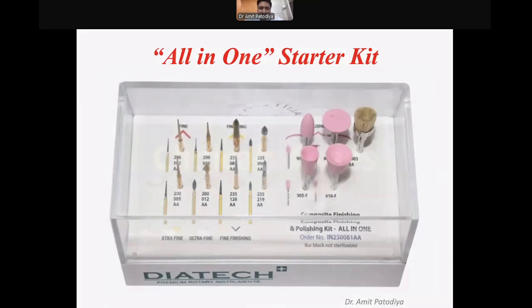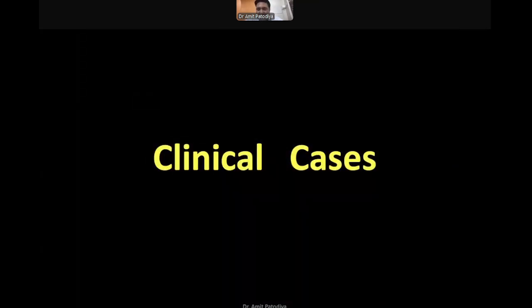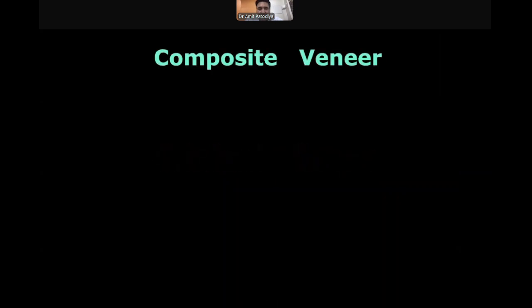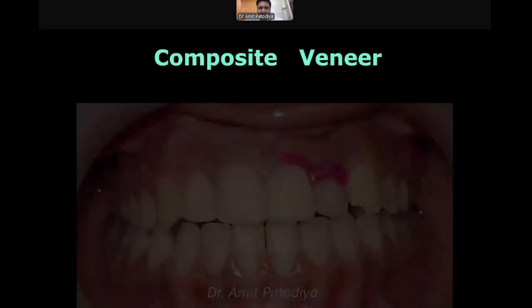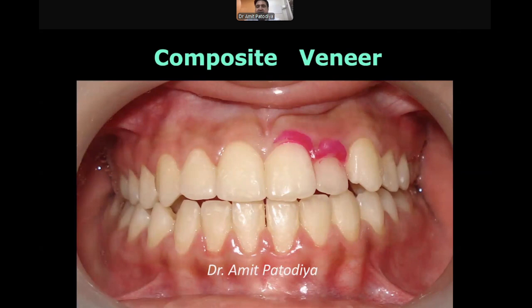So all that was the theory. Now let's see some clinical cases. This was a case of composite veneer, a very interesting case. The case was referred to me by my orthodontist, and he said, I am tired of this case and I have debonded it. But even now, this lateral has still got locked out. And it was not actually locked out, it was a small rudimentary type of lateral incisor,